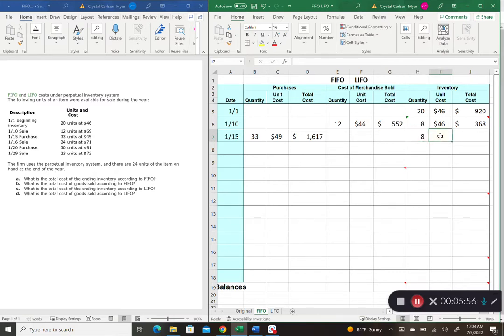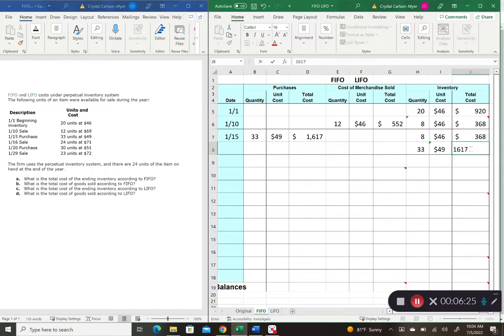So I'm going to pull down the 8 units that I have at the cost of $46. So that costs a total of $368. I'm merely pulling this amount down. So on January 15th, I still have those 8 units because I did not sell those. But now I also have 33 new units that cost me $49 apiece for a total cost of